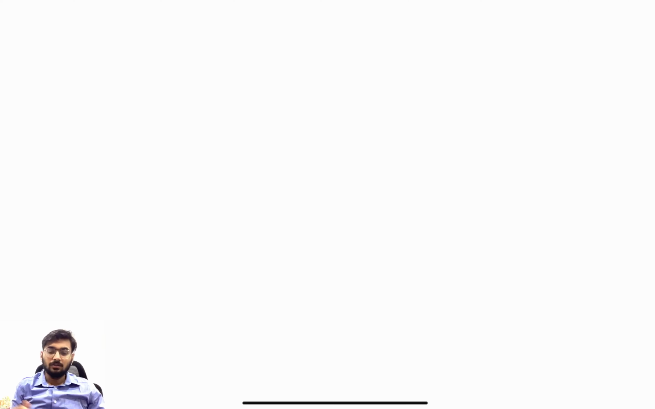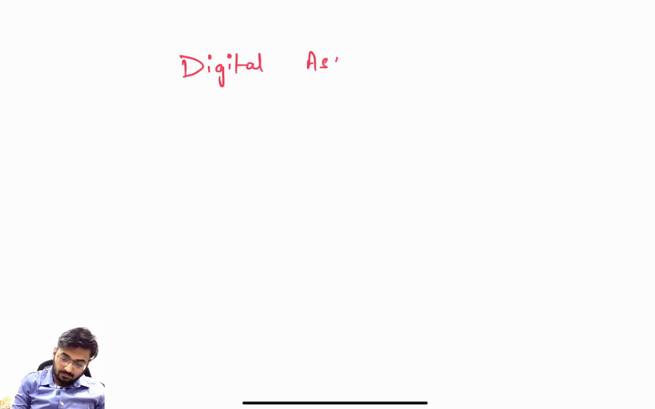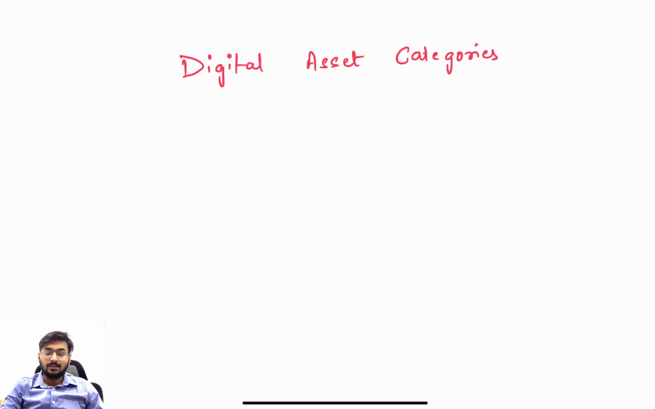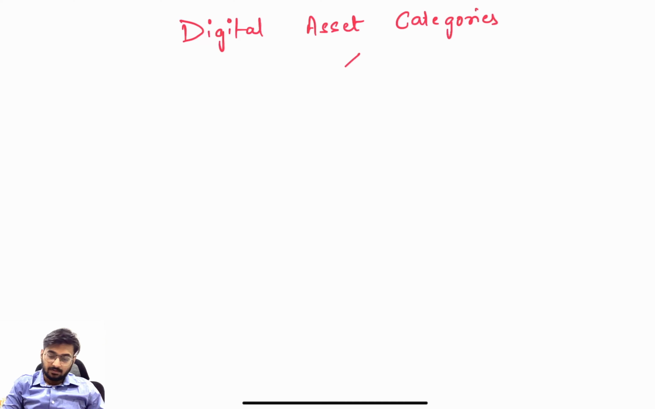Now we are coming to the third one. Clear? So give the heading: digital asset categories. Clear? Now over here we have completed at least the chart in the previous lecture, that is